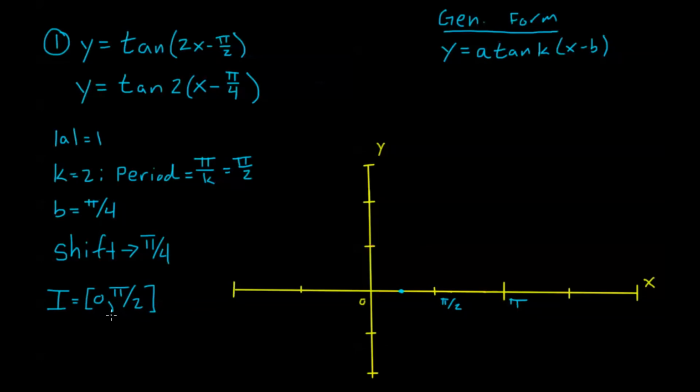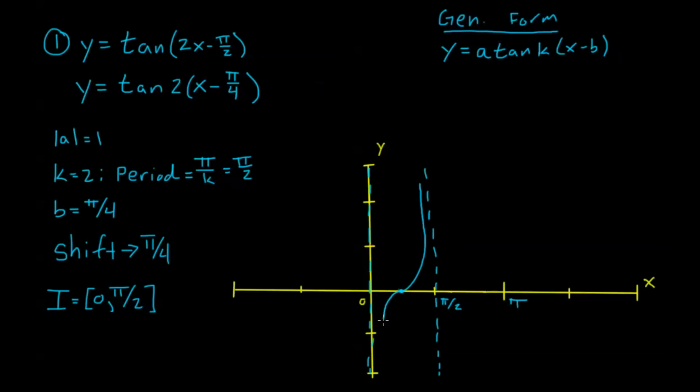Right, so again here, the b to b plus the period formula doesn't work for finding the interval of tangent because our period usually stretches off to the left to begin with. Okay, so 0 to pi over 2, that means that my left asymptote is going to be at 0. My right asymptote is going to be at pi over 2. And then we can just kind of draw in our tangent, right? Coming up here